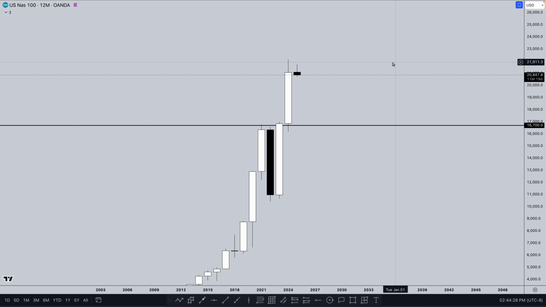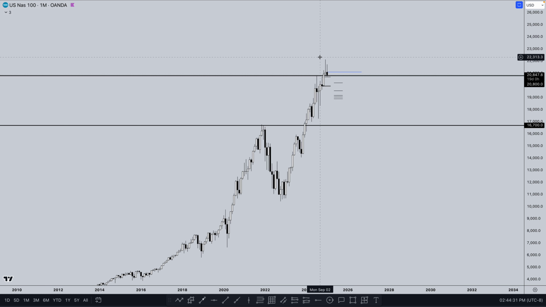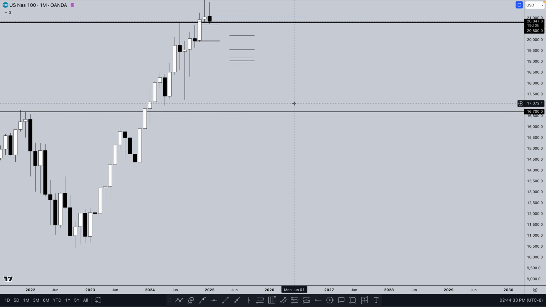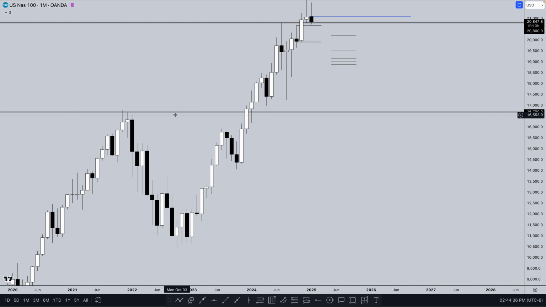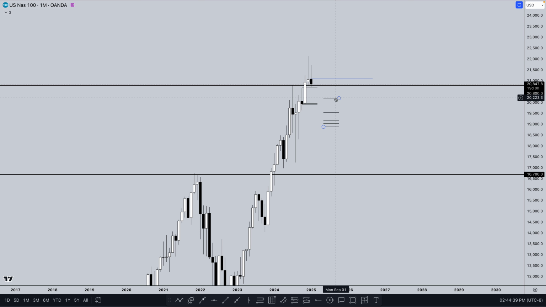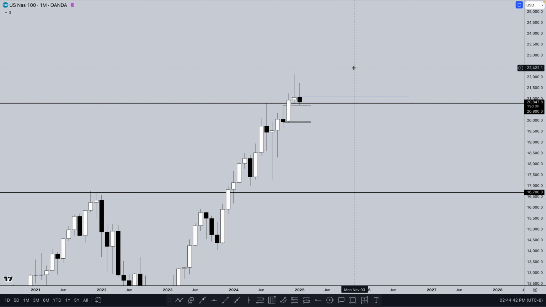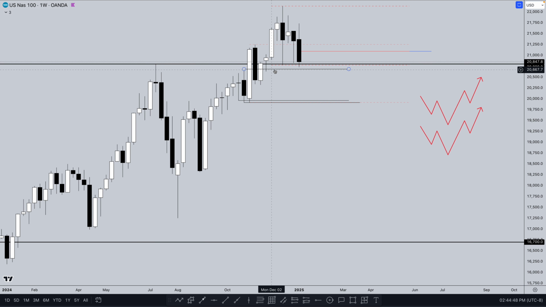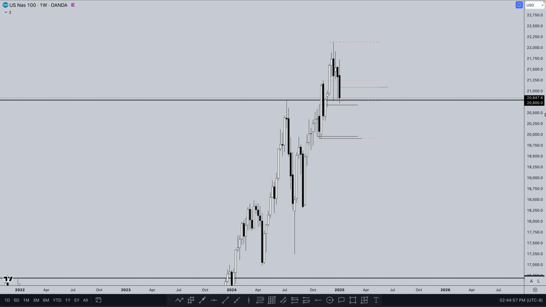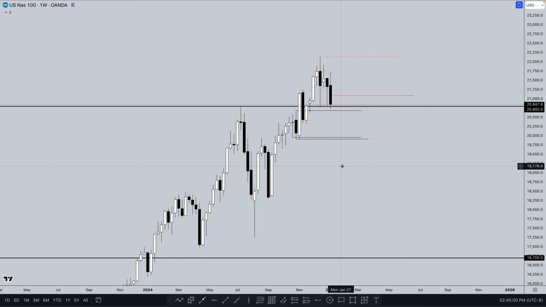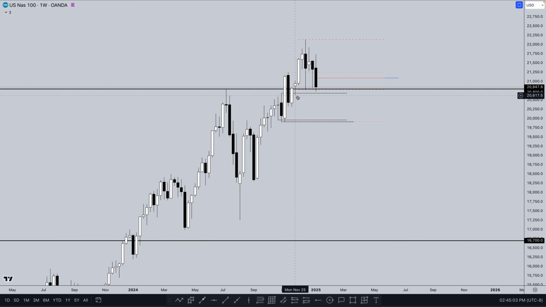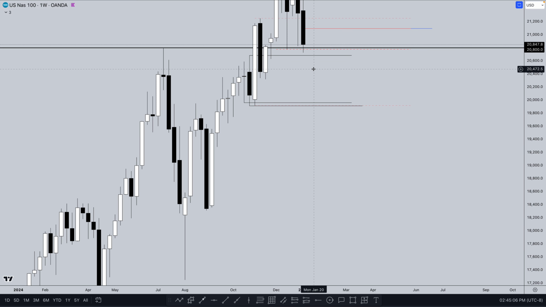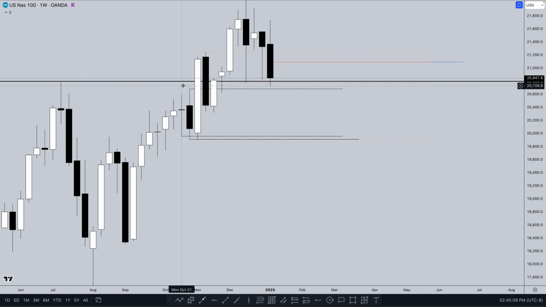Boom. Go to the 1 month. Yeah, that's valid. Again, we had that break of structure. We retested it. Gone. So now it's going down to the weekly. Make sure everything is clean. Got to keep the chart clean. So yeah, this is the next buy zone for NAS. As price comes down here, all this is valid for buys from these highs that we broke